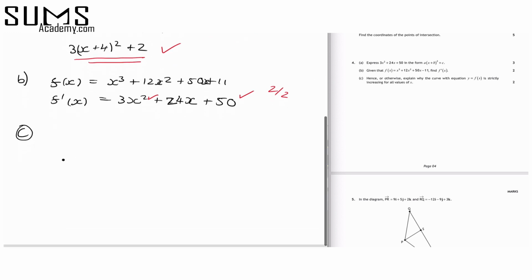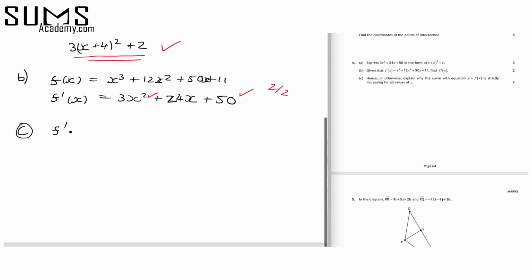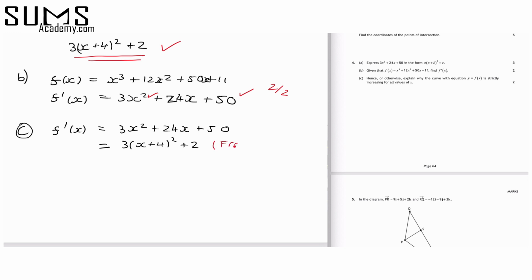So we're going to use our answer from part A to solve part C. So we'll write down a bit more information. f dash x is equal to 3x squared plus 24x plus 50. But we also know that this is equal to 3(x plus 4) squared plus 2, from part A. Okay, now how does this help us when solving the problem? Well, because of this